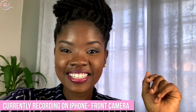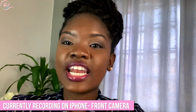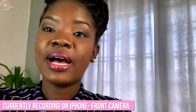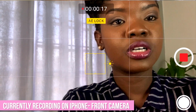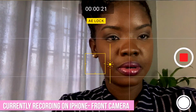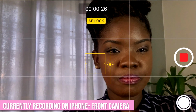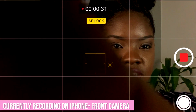So now that we're in camera and we're in video mode, let's clean the lens. Now that the lens is clean, look how nice this quality is. This is coming from the iPhone. We can adjust the exposure, and that's how much light that hits you, by just holding down on the screen, and you see a tab comes up, and then you can toggle it down or up to see how bright or how dark you want it. So find the perfect balance, right? And I believe right there, hold it down,